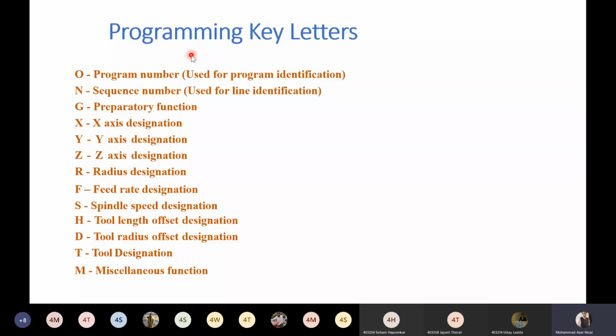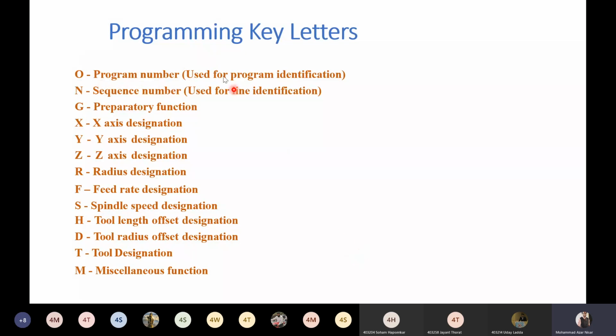Siemens controls use a percentage symbol to give the program number, or sometimes they use only a number. This will help you to retrieve your program.